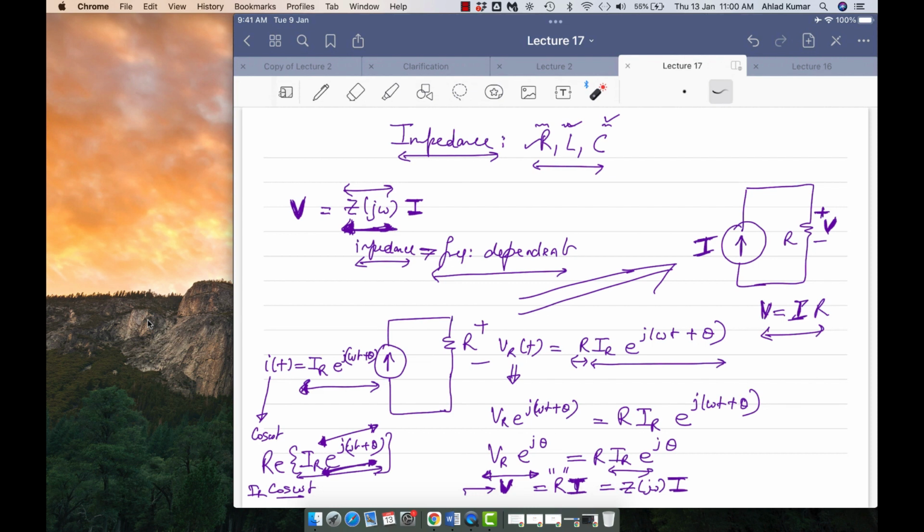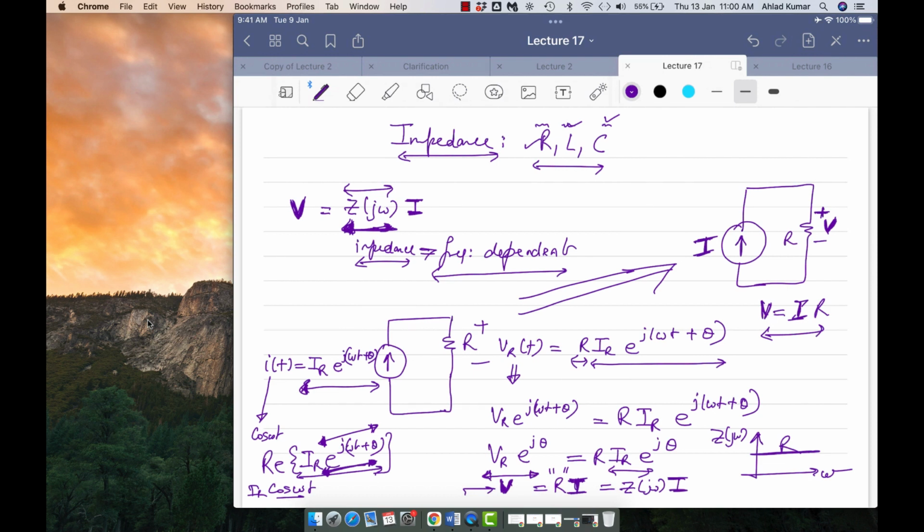Impedance is there. That is time dependent. Impedance is frequency independent here in the case of a resistor, because if you see here, there is no omega variation in this resistor, right? You are not varying any omega, so it's a constant actually. If you plot this curve as a function of j omega, you will only get this single line R.